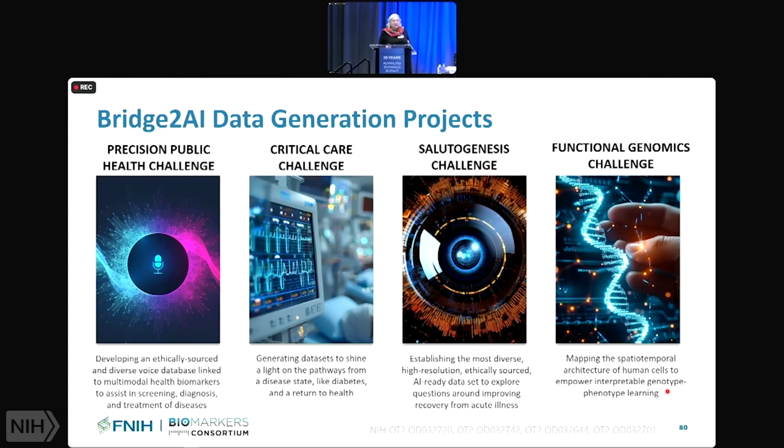And then functional genomics is cellular functional biology and all of the multi-omics data that you get from studying cells. I bring this up because 2 weeks ago we approved the second phase of Bridge to AI. And so we will take these data generation projects that are our flagship projects with very strong, robust AI-enabled data, as well as methodologies and best practices, and now turn this into a challenge and a funnel for researchers to take these data and then develop tools, methodologies, applications, devices through a funnel approach,